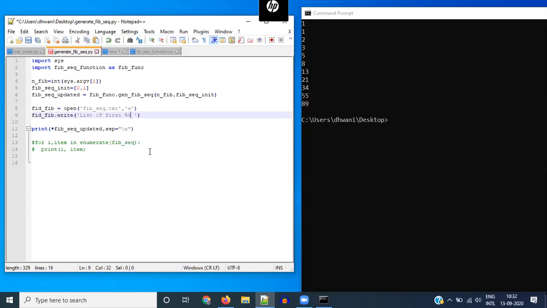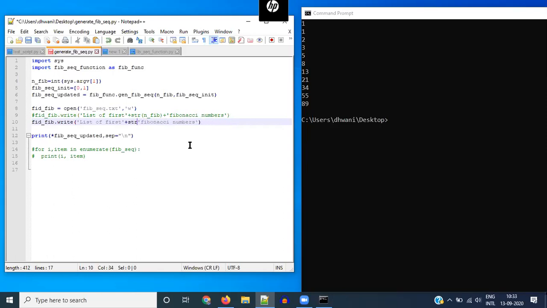One way is to not have this %d and just write plus str of fib, and then write another plus and go on typing whatever else you want. That's one way. So we saw how adding strings just concatenates them. So it makes it into a giant string when you add these three. Fibonacci numbers. But another neat way to also do it is to not have, I'll just leave this line commented here in case you want to do it that way.